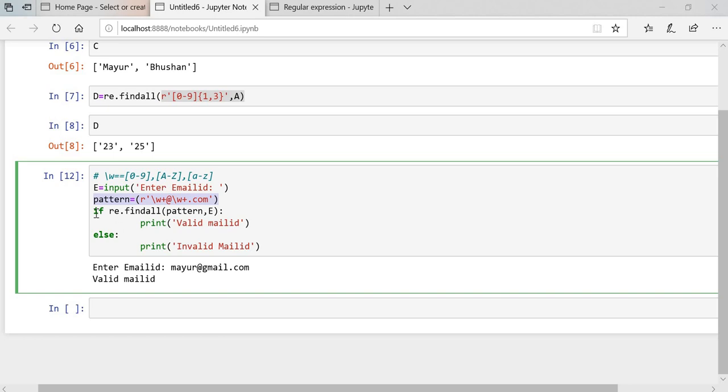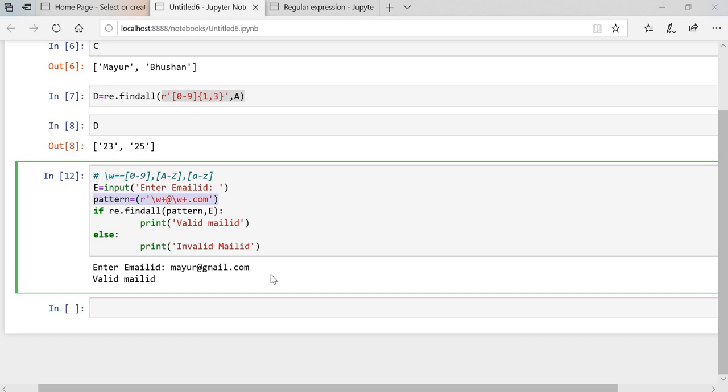Then if re.findall finds this pattern and it is true, it will print valid mail id, else it will print invalid mail id. Understood? If the pattern matches e, it will print valid mail id as per the pattern we have given.